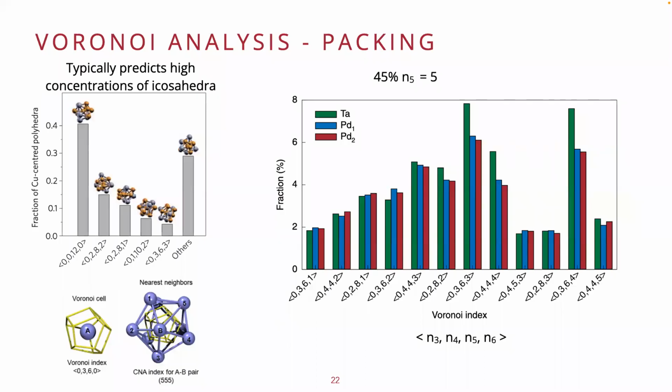The second thing to do, as you'll see in molecular dynamics simulation papers, is they'll perform an analysis called Voronoi analysis. What that basically does is polytetrahedrally break down your nearest neighbor bonds and see what the actual symmetry is on the outside, right? So in this case, you can see that you can have 3, 4, 5, or 6-fold symmetries for your short range order. And what we can do now is compare our experimental results